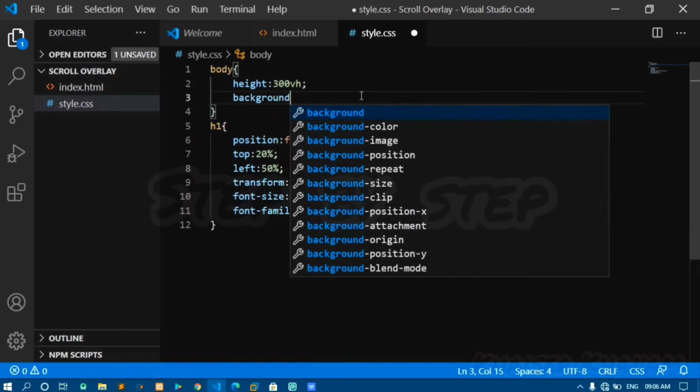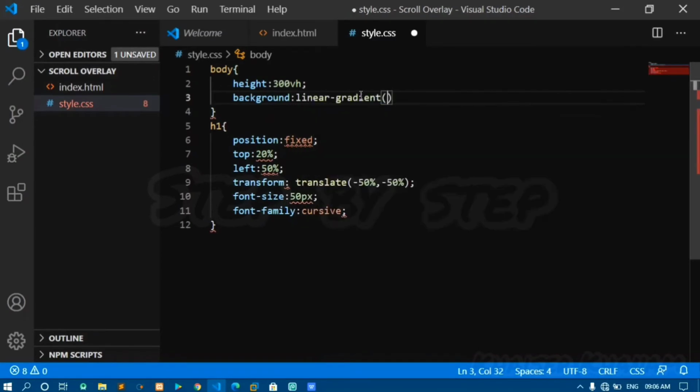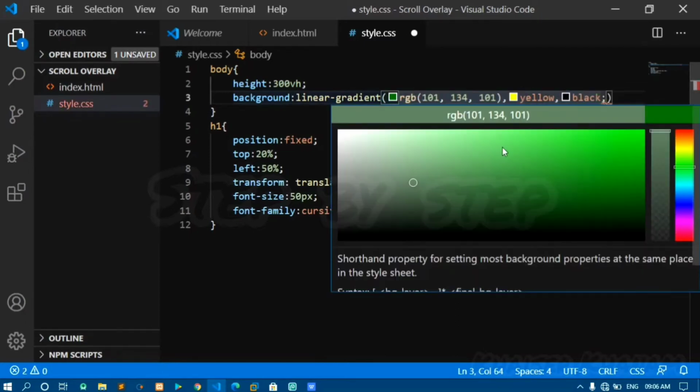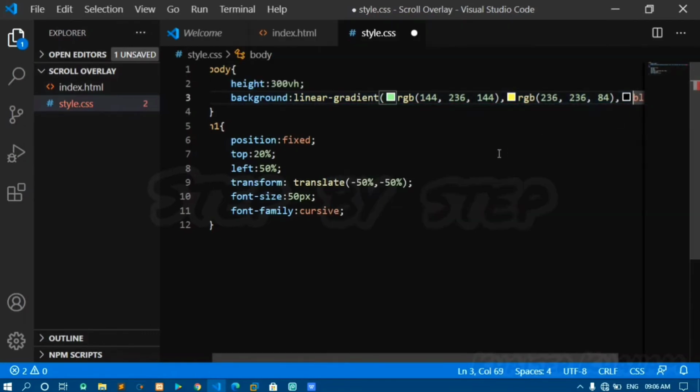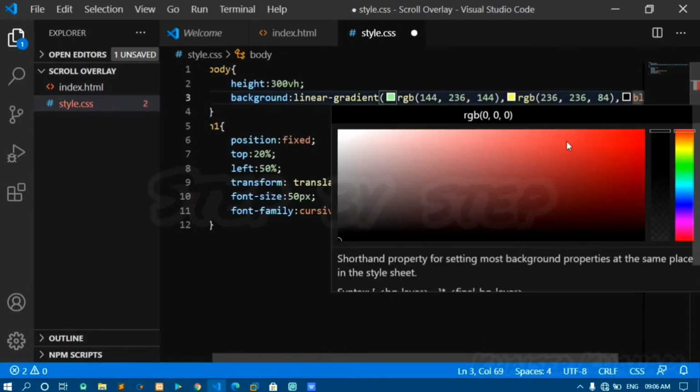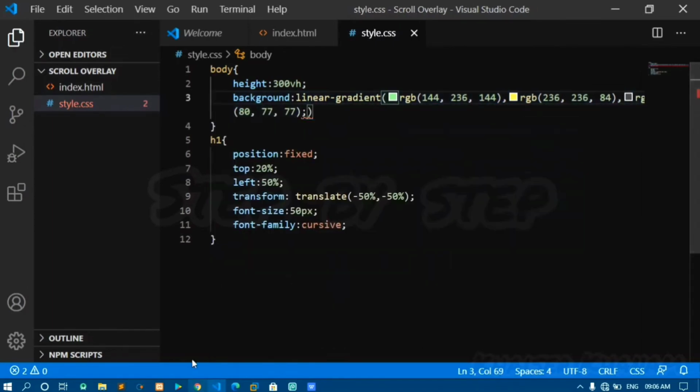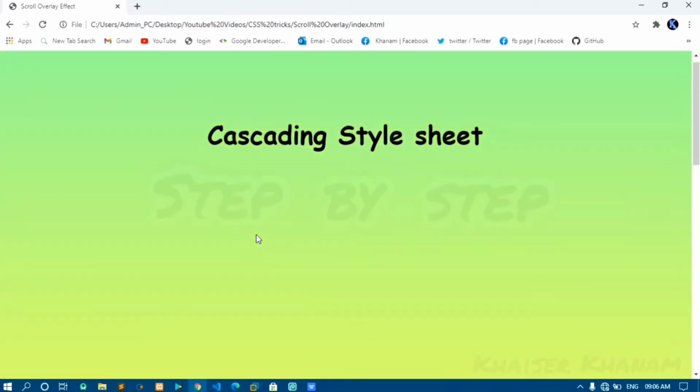I'll give background linear gradient green, yellow and black. Decrease this one. Control S save. Now you can see the effect here. If you scroll,